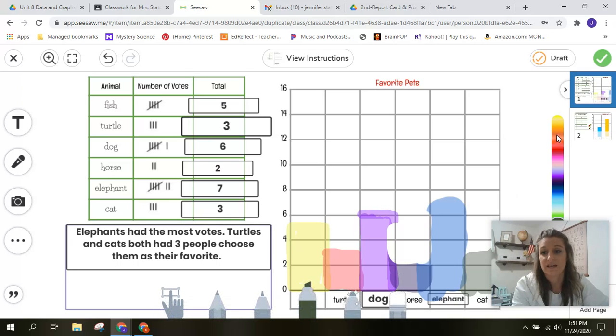I'm going to get a color and I'm going to highlight elephants over here so that we can see. Okay, elephants, there were 7, right? How many people chose horses? 2. There's that data. So when you're comparing them, you're going to either say,